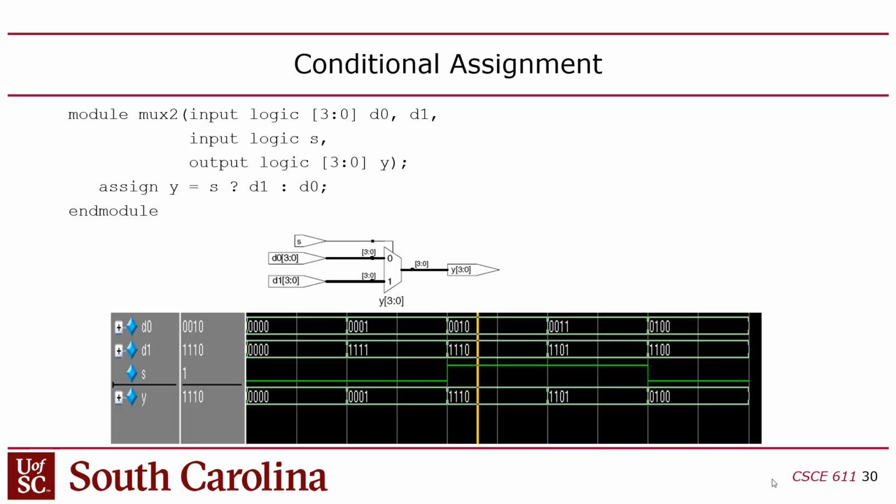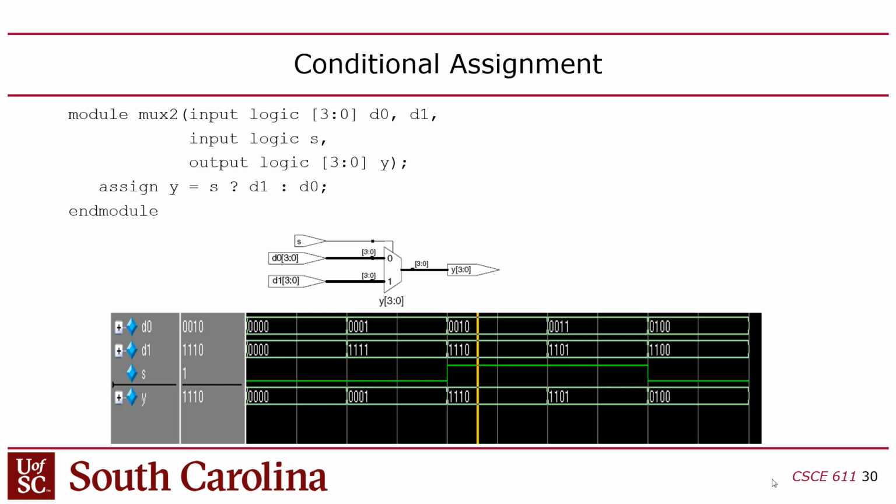So what you do is you say, if you have an expression and you have a condition, followed by a question mark, then that expression will evaluate to whatever comes after the question mark if the condition is true. And it'll evaluate to whatever comes after the colon if it's false. So in this case, if I say assign y equals s question mark d1 colon d0, that's creating a multiplexer